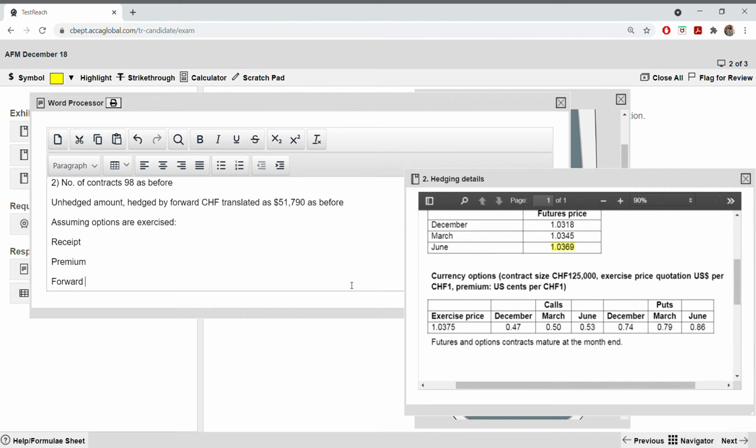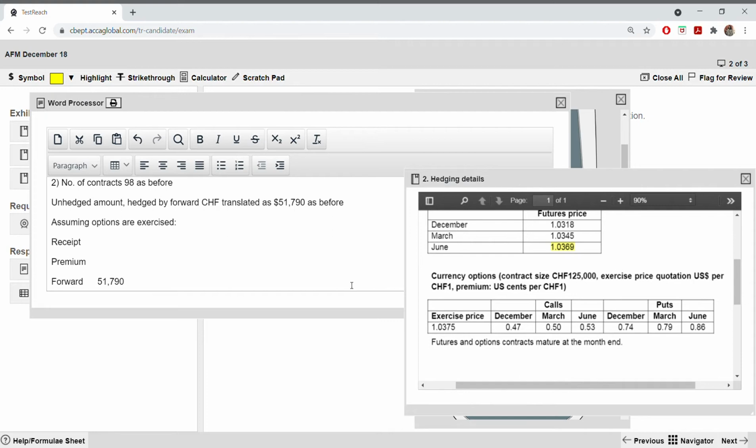Why? Because the main answer always you have to put in the beginning. Workings and all you have to put after your main answer. Definitely you'll be doing the workings first, that's why keep some space so that you write these lines and then do your working, and whatever the answers you get in your working, just copy paste here, that's it. That's the reason I'm trying to show you that when you write the answer, you are not writing your workings first and then your main answer. No, no, no. Your main answer you're writing first, then comes your working. That's why I'm writing this first. So forward, from now itself we can write 51,790.